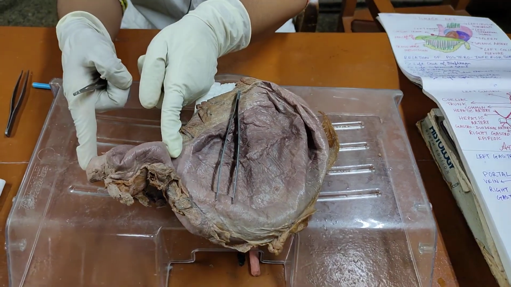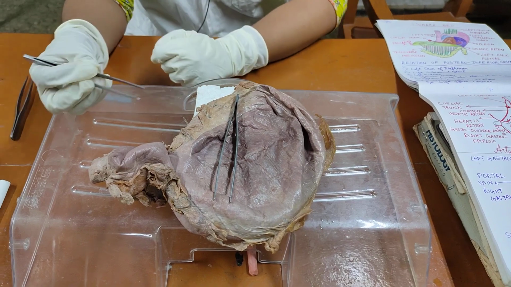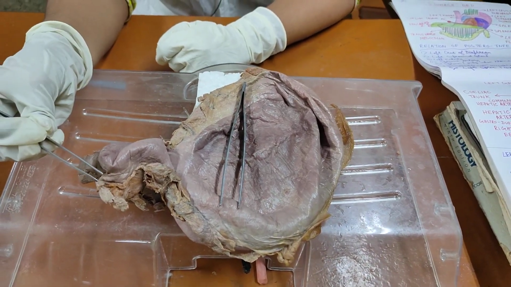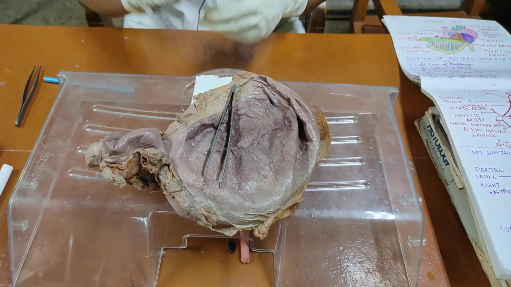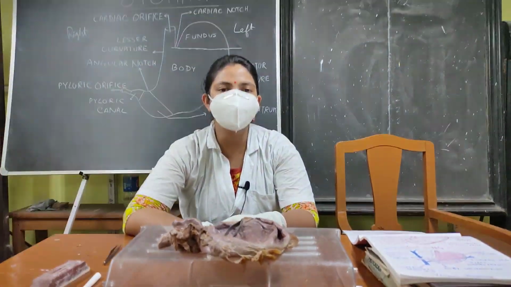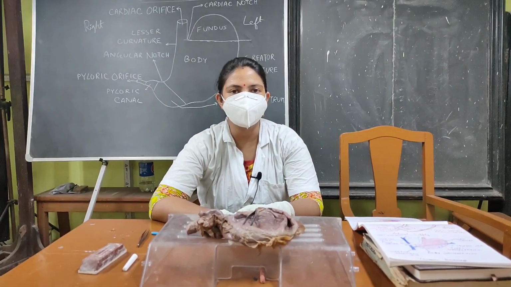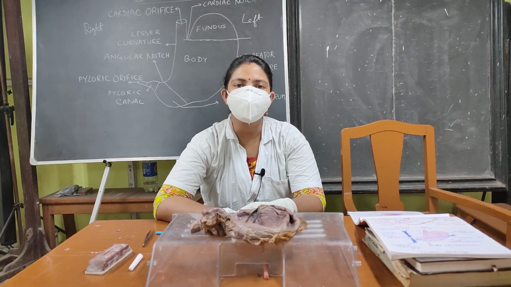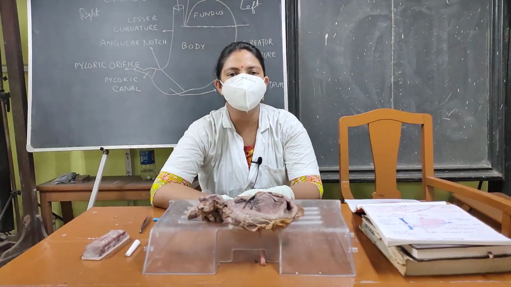The pyloric part drains in three ways. Either it will drain into the left gastric or into pyloric group of lymph nodes or into hepatic group of lymph nodes. Why am I stressing on the lymphatic drainage? Because through these lymphatics only there is metastasis of the gastric carcinoma. The most common site is the left supraclavicular lymph node, which when enlarged is known as Virchow's node.